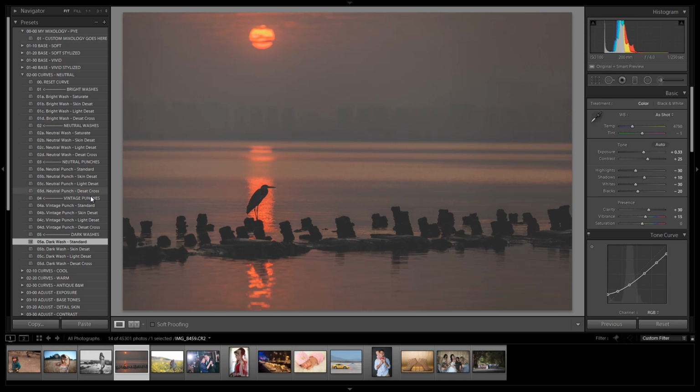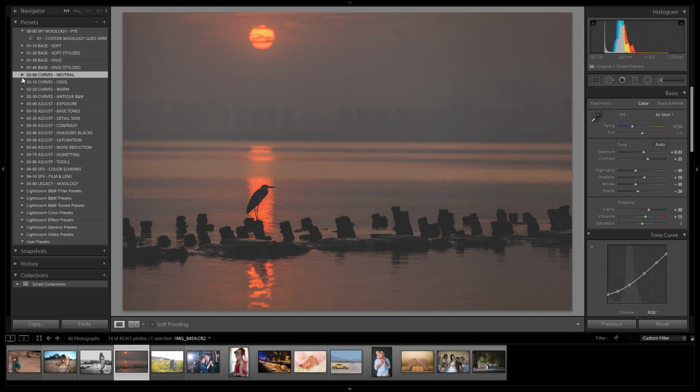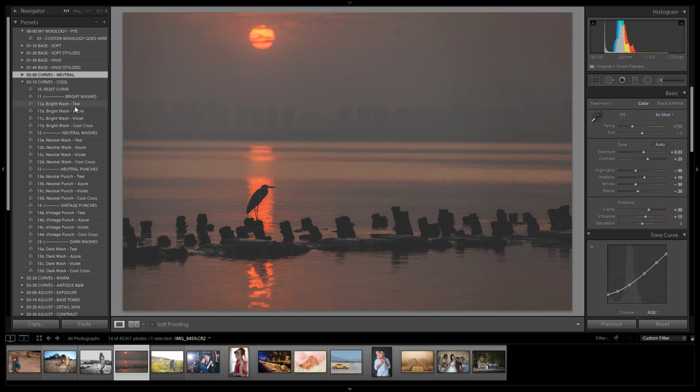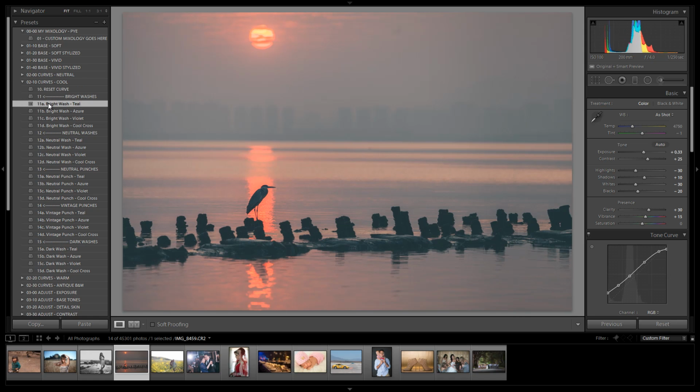The next word describes basically the coloring. So here we have saturation, skin desat, light desat, desaturated cross processing, and so forth. So it's very simple to understand. You go to the cool curves, and these are all basically the same curves, but these are designed to have a different color applied to them. So a bright wash will brighten the image, it'll wash it out, and it's going to apply teal as the color. Azure is going to apply blues, and you can see how beautiful that tinting is as we add it